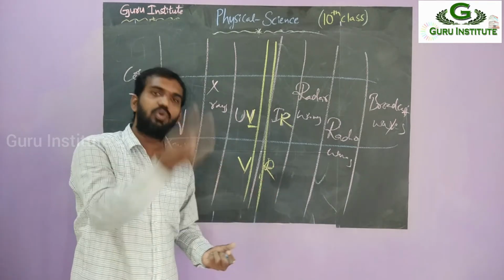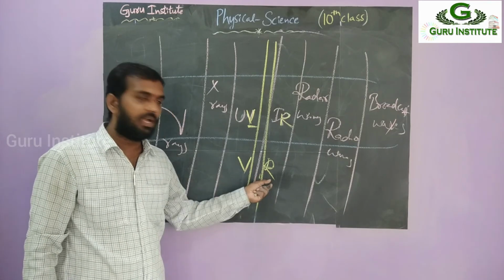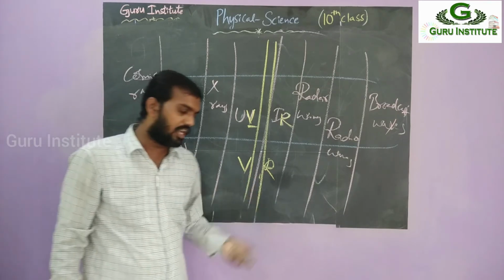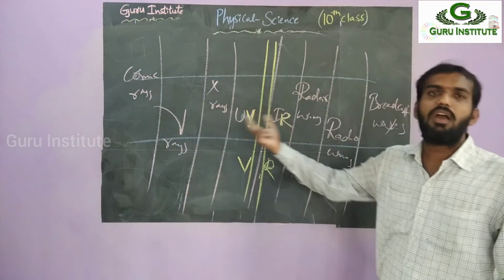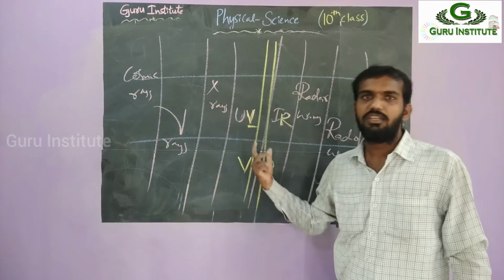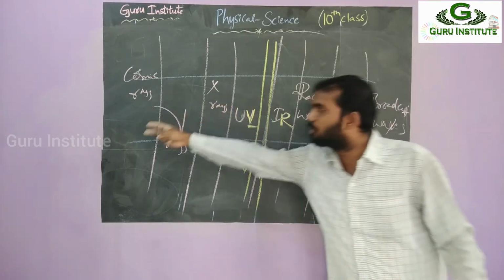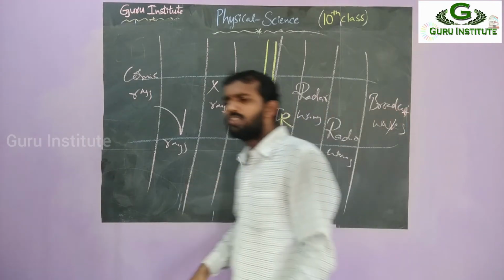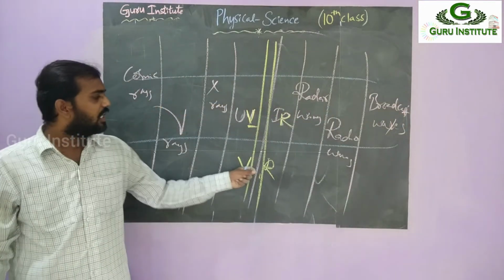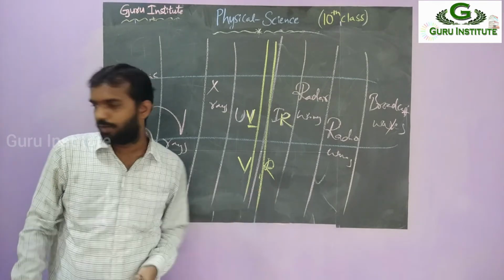This light is only visible to us. That's why this is the visible light. The spectrum done by this picture we call the visible spectrum. Spectrum is nothing but the entire range of wavelengths in one manner. So we can take it as a spectrum. This total is from cosmic rays to broadcast. We have taken the electromagnetic spectrum. In this one, we only see the picture part. So that's why this is our visible spectrum.